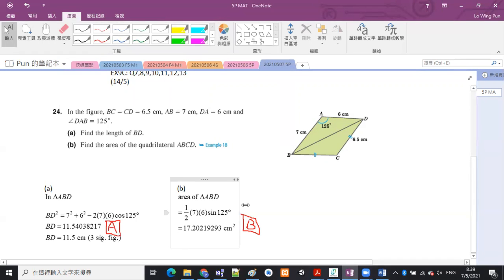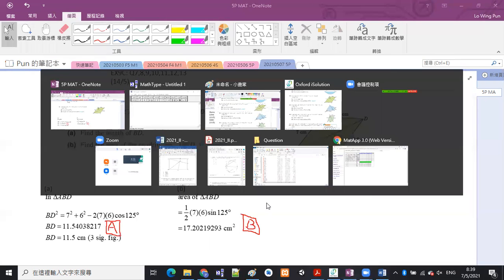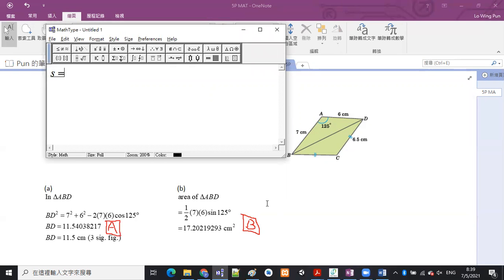Okay. And then for triangle BCD, we need to use Heron's formula. So we need to find the S first. S is equal to 6.5 plus 6.5 plus the third length, that is BD, that is 11.54038217, and then divided by 2. Okay, so I will use memory A for that long decimal number. Divided by 2 should be